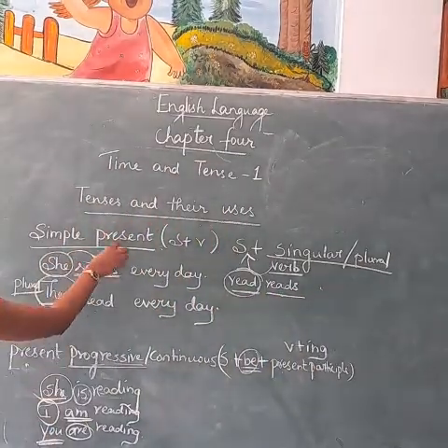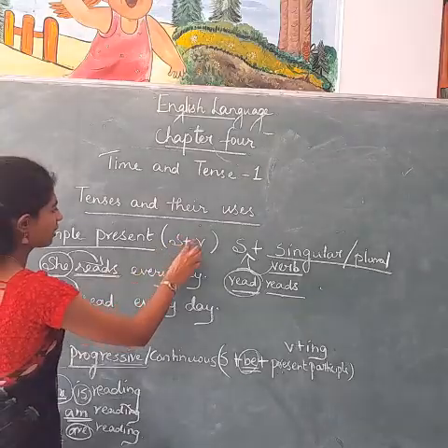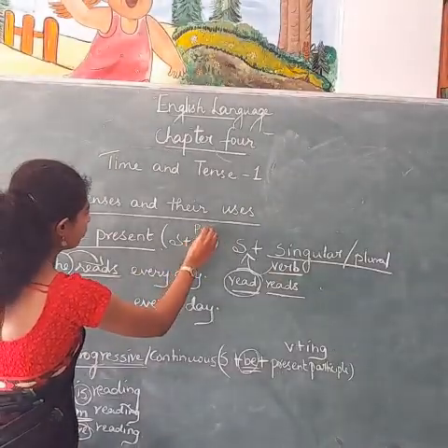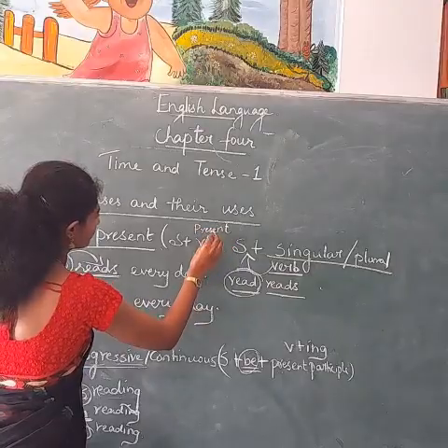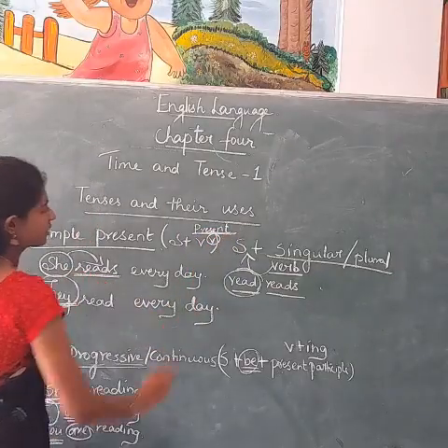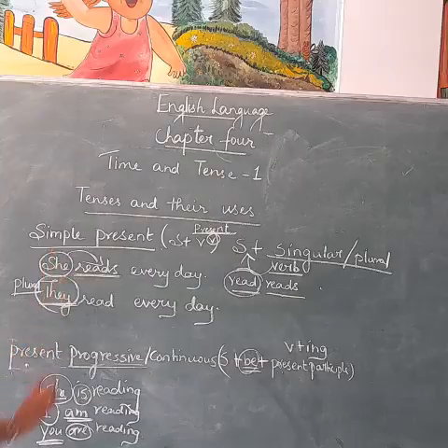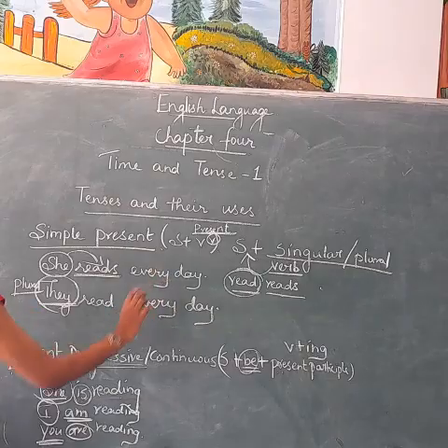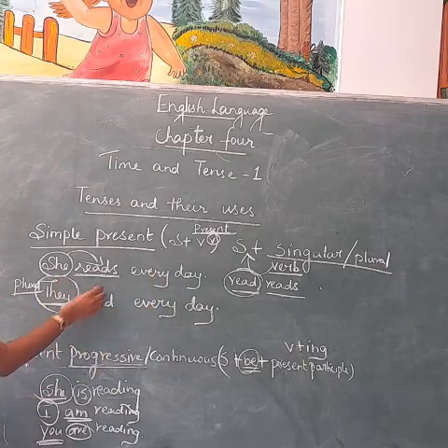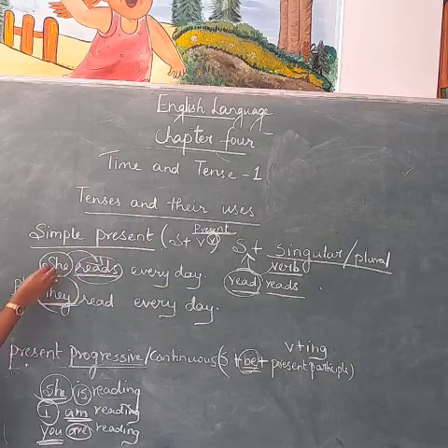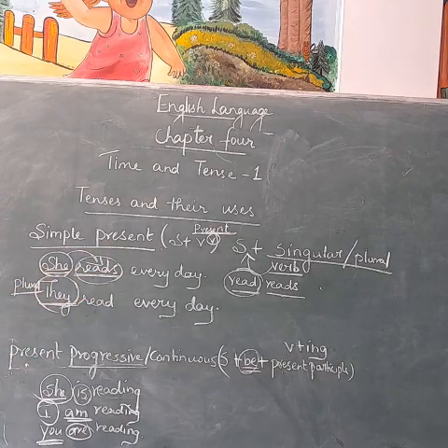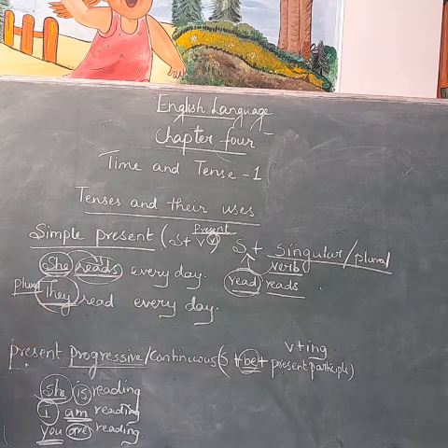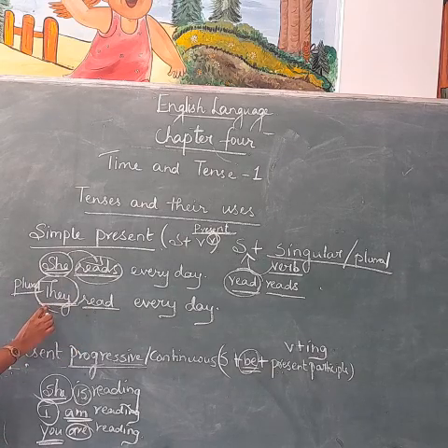In simple present tense, we have to use subject plus the present form of the verb. Okay? The present form of the verb should be used in simple present tense. See the example. She reads every day. Here, I have used the singular form of the verb reads because the subject is singular. Okay? In the next example, I have used the plural form of the verb, that is read, because the subject